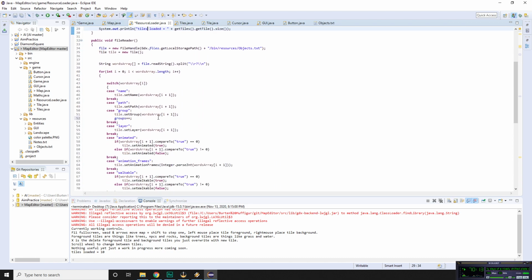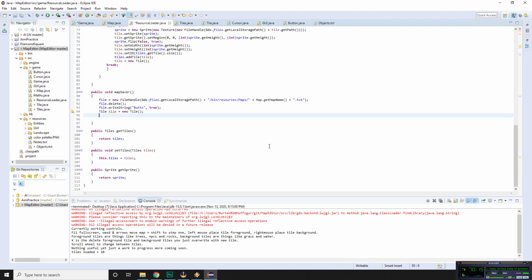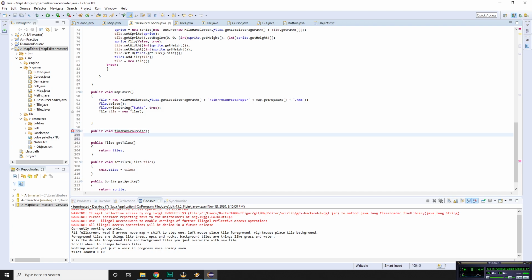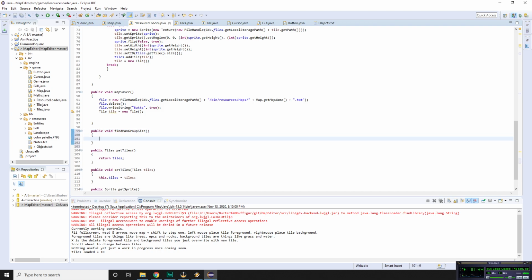And then I probably will make a new group size, and then we'll just for loop through